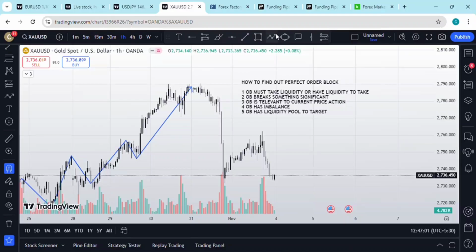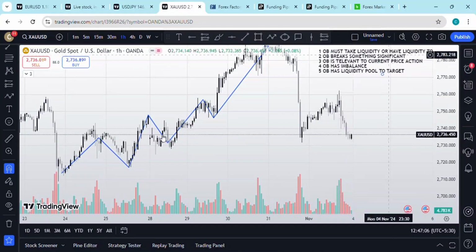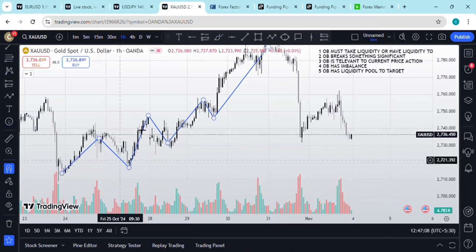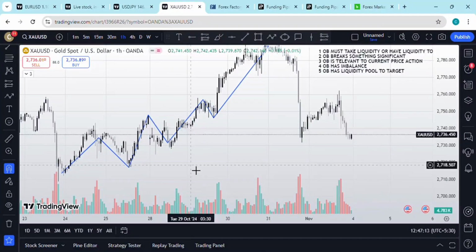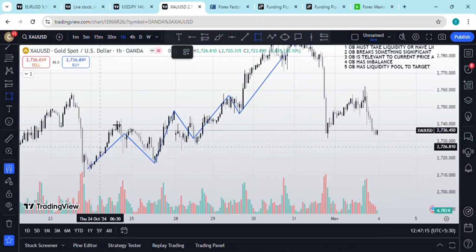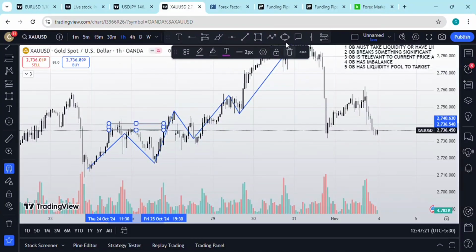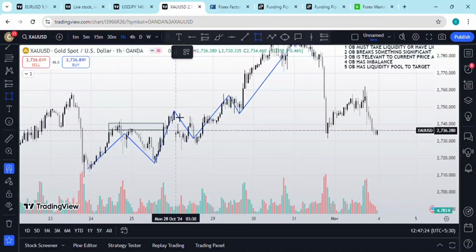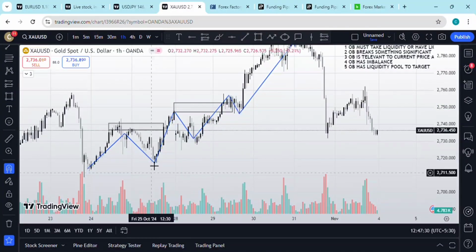So let me show you an example. Order block breaks something significant. Currently it's a bullish market over here. We're on an hourly time frame and it's breaking its higher high. Just look at it. It broke its higher high from here till here. And again higher high, here, here. It's breaking this one. It's breaking its higher high. Again,